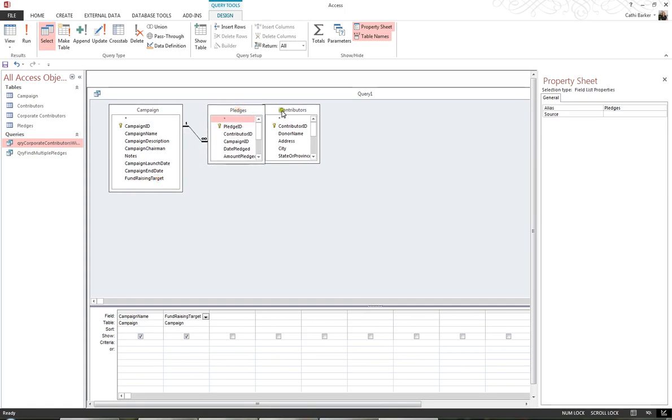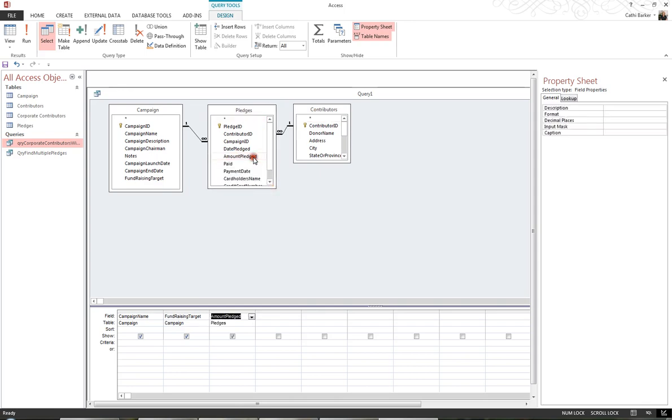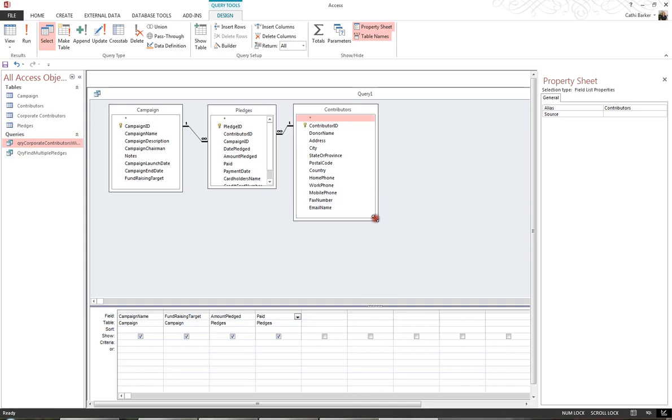The fields I'd like to then add from the Pledges table are the amount pledged and whether they've paid or not. I'd then, from the Contributors table, like to add the fields donor name, city, and country. So I've added 2 fields from the Campaign table, 2 fields from the Pledges table, and 3 fields from the